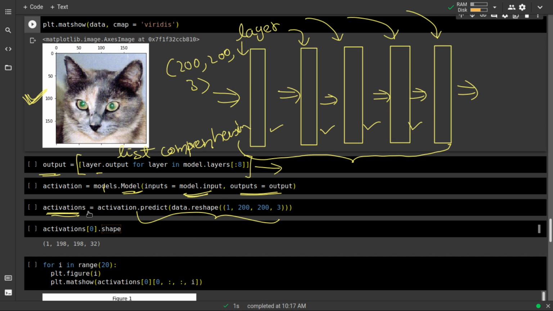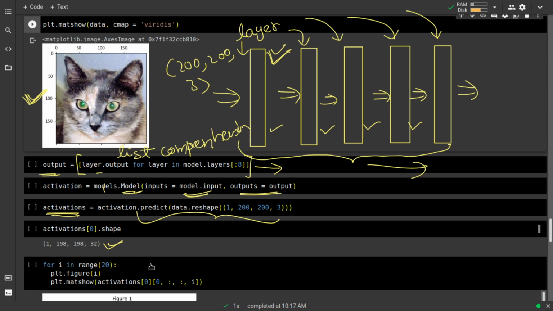All right, so activations is another list. Please understand, activations is another list. So if you do activations 0 dot shape, then you will get this shape, which is the output of the first layer, this layer. All right, and as you go 1 2 3 4 5, you will get the output of subsequent layers. All right, so this is going from left to right. I hope you got the idea what we are actually doing over here.